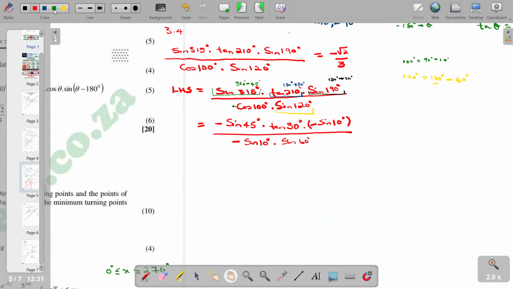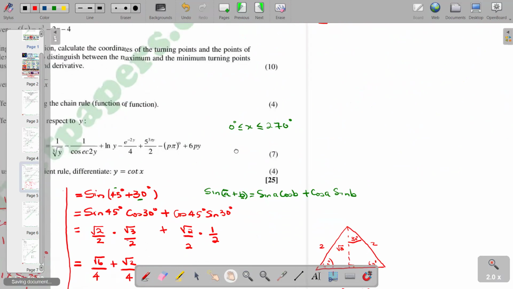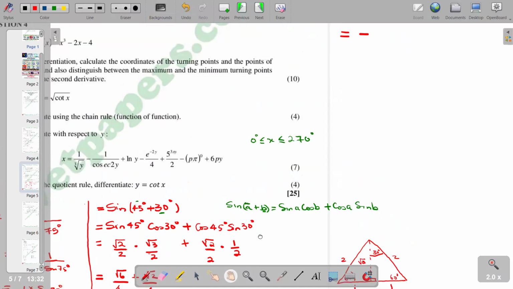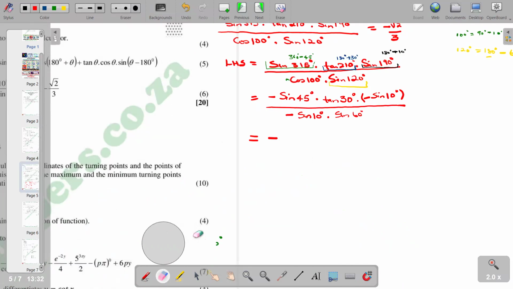This will be equal to negative sine 45. 45, remember, it's a special angle. We have simplified those earlier on. Negative sine 45, we can just go and check. We said sine 45 is what? If you still remember, sine 45 we found to be root 2 over 2. So we just have to use that. So it's going to be negative root 2 over 2 is going to multiply